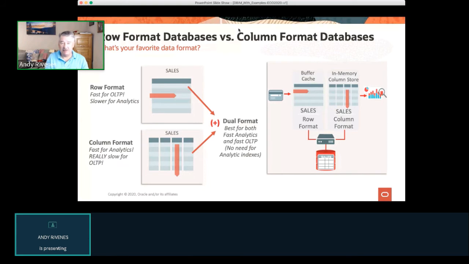Oracle Database is a very fast transaction processing database. Columnar formats are actually better at analytics, being able to scan lots of data. You only have to scan the columns involved in the query. They vectorize well, they compress well, and so it's very good for analytic reporting, but they really aren't very good